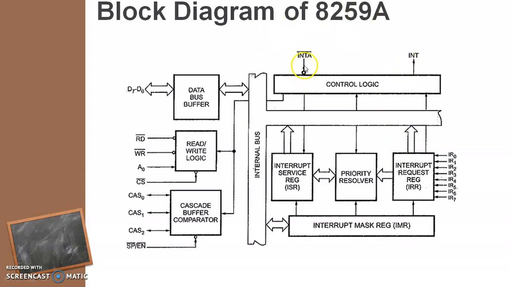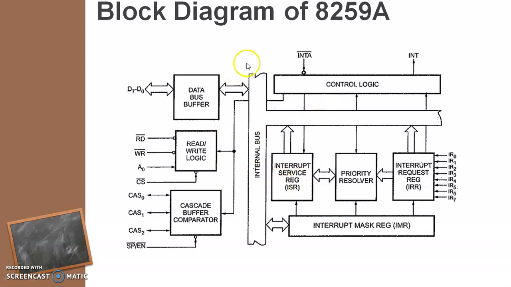So once it gets the interrupt acknowledge, then immediately the interrupt will be pulled out from the request register to the service register. Okay, so if at all IR2 is the one which raised the request and it has not been masked, that means it is allowed to be executed immediately whenever the request arises.